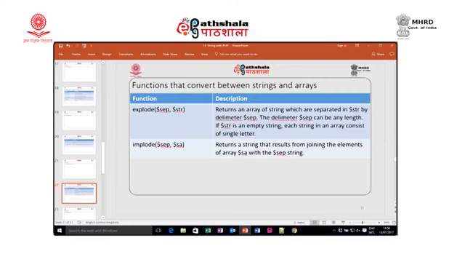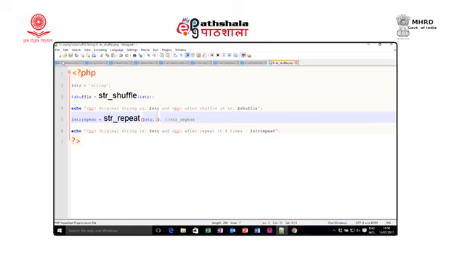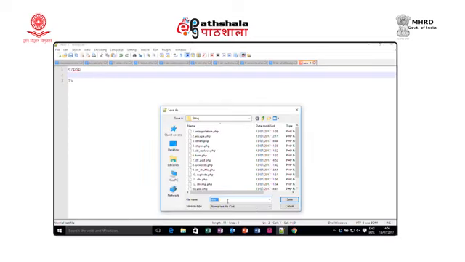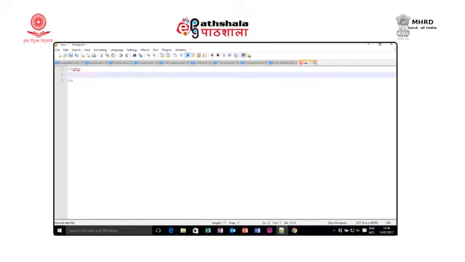Let me demonstrate by writing code for that one. Say for example, here I write code for explode and implode. So, I use the starting and opening PHP tag, save as, and give this the name explode.php.